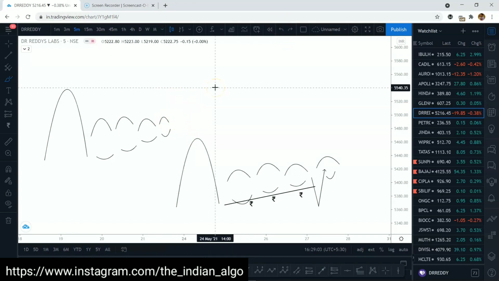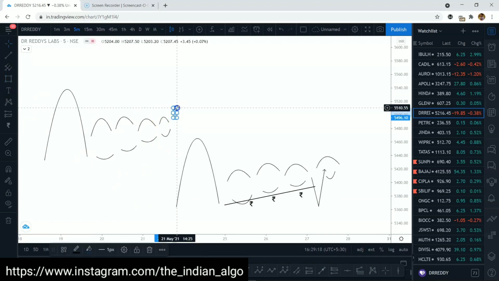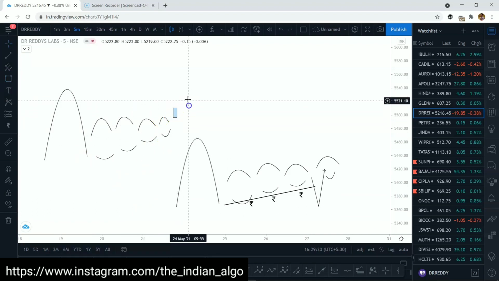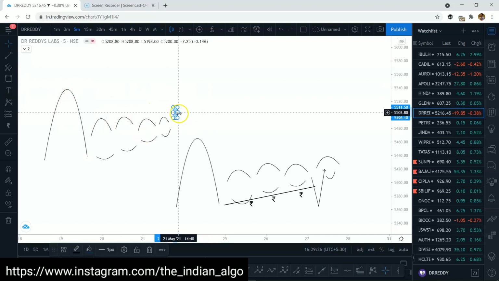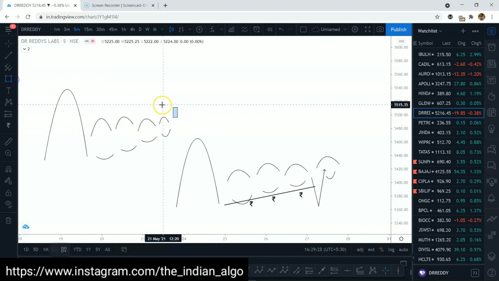Now coming back to the entry criteria part, what are you supposed to look for when the day starts? When the day starts, it is very important for you to understand, look at the opening range candles. Look at the opening range candles. If the opening range candles are small, and you get your entry somewhere near an indicator that we'll talk about in some time. So let's see, your opening range candles are small, something like this.